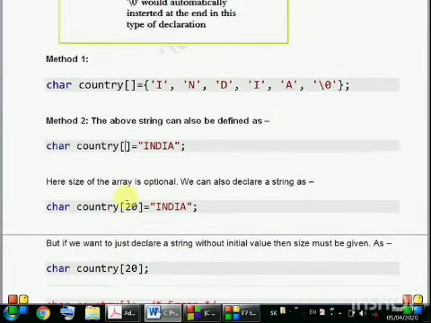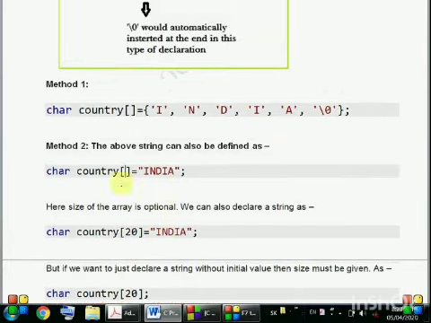One thing we also have to remember is that any array, whether it is a numeric array or a character array, the name of the array points to the first location of the array. Here in these examples, the array name country points to the first character, that is country of index 0, where I is stored.